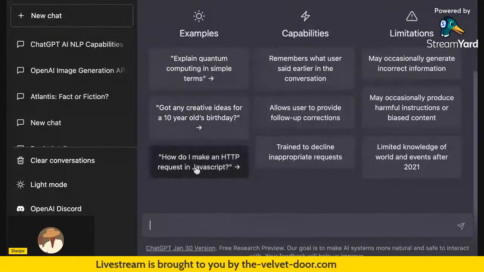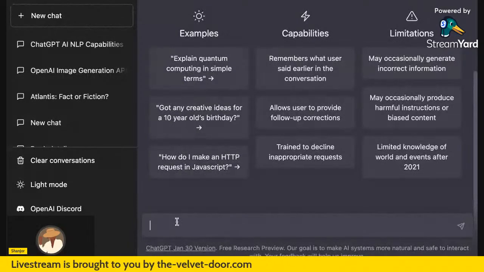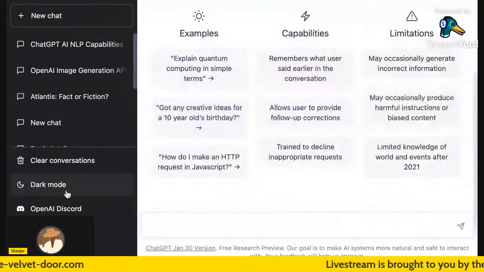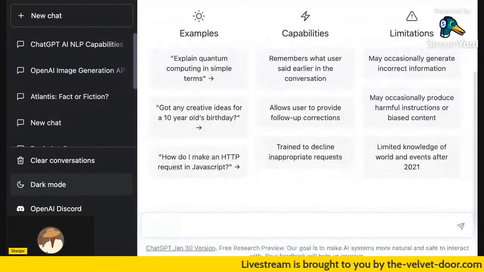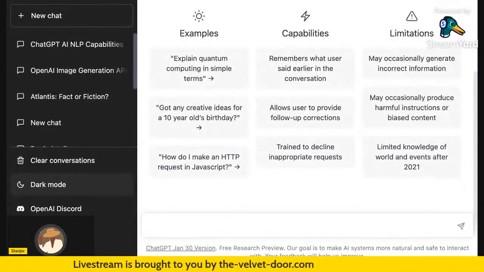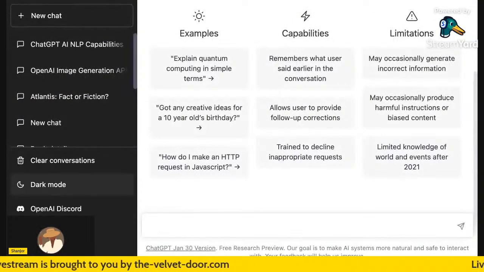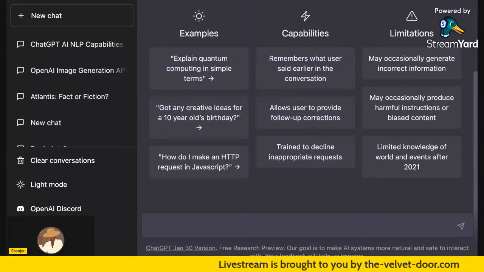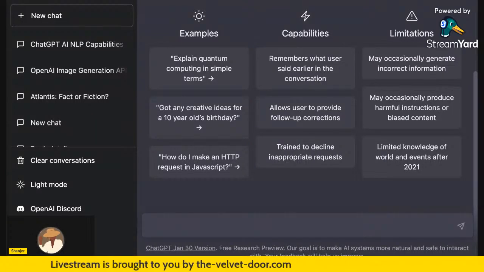Okay. And then right here, you'll see you can clear your conversations. You can go ahead and clear that out. You can actually do light mode or dark mode. For me, I am very sensitive to blue light when I'm on a computer, so I like to do things in dark mode. Okay. So boop, I put that back in dark mode. I think everything, my phone, my laptop, is pretty much in dark mode. That's just me. It just helps with my eyesight.